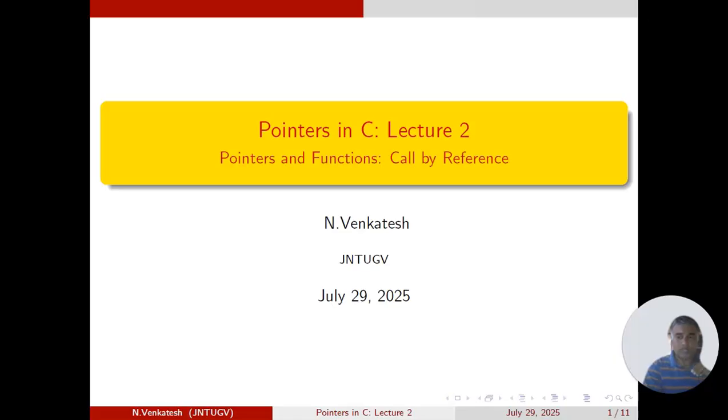We had discussed what a pointer is. A pointer is a special type of variable which stores the address of another variable. And we had also discussed two important operators: the address of operator and the dereferencing operator. The address of operator is an ampersand followed by a variable, to get the starting address of the memory allocated to that variable, and the dereferencing operator is a star followed by a pointer, which gives you the value at the address stored in the pointer. So it is indirectly referring to the value of the variable,